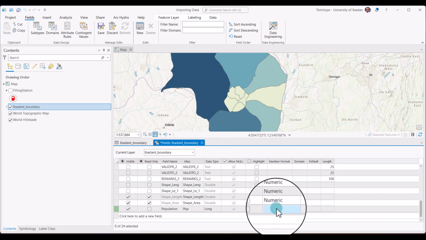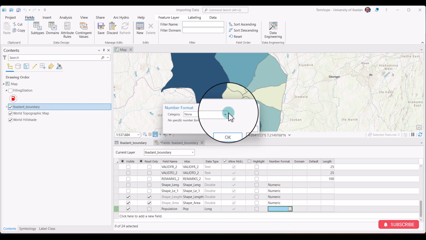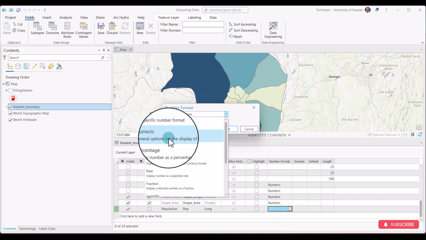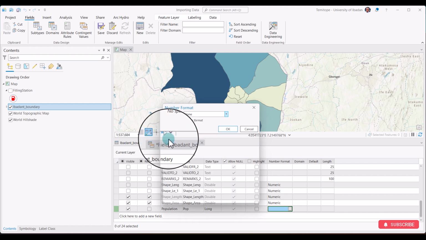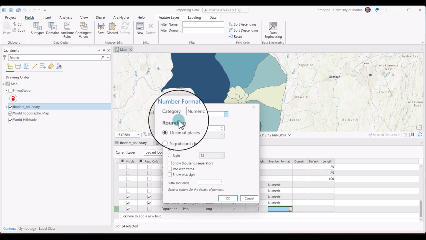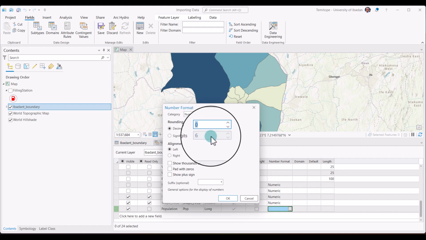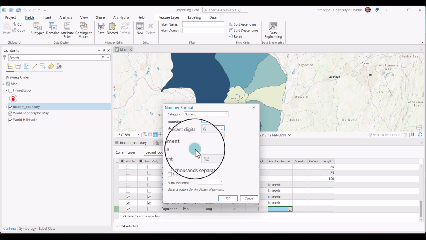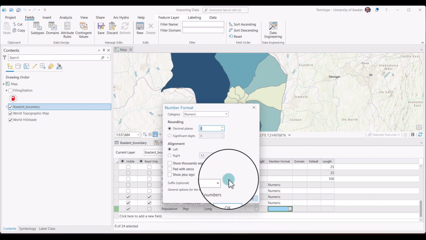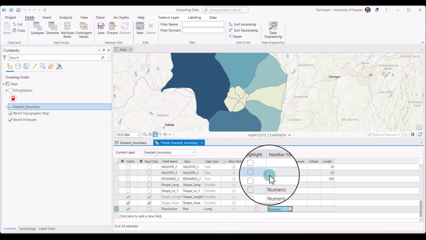Then the number format as well should be numeric. Then I can decide if I want it to have decimal places or not. But since I'll be entering population, I don't need decimal places, so I will leave it on 0. I can set the alignment here as well and some other settings based on my preference. I'll click on OK,